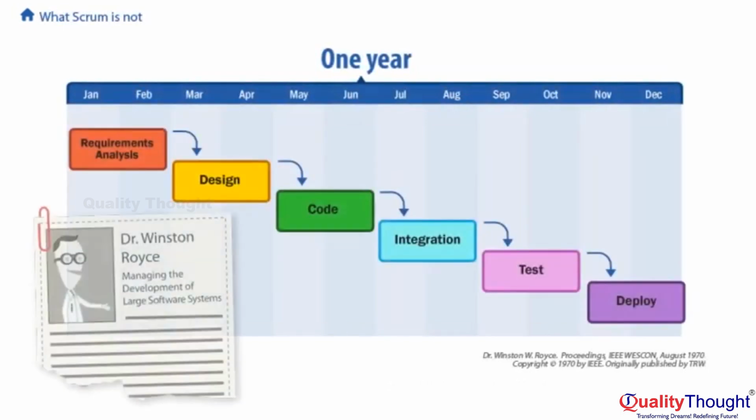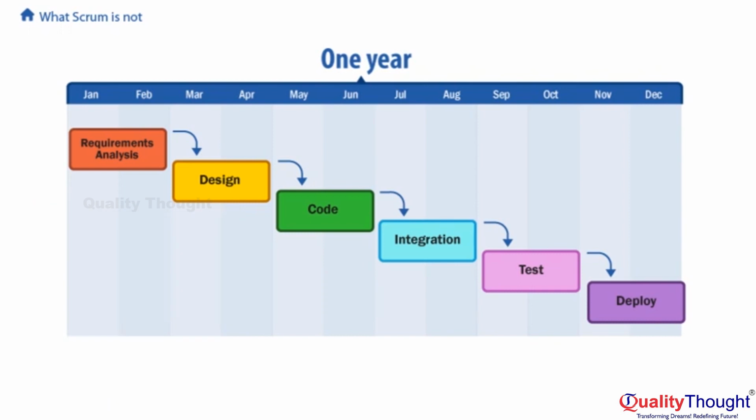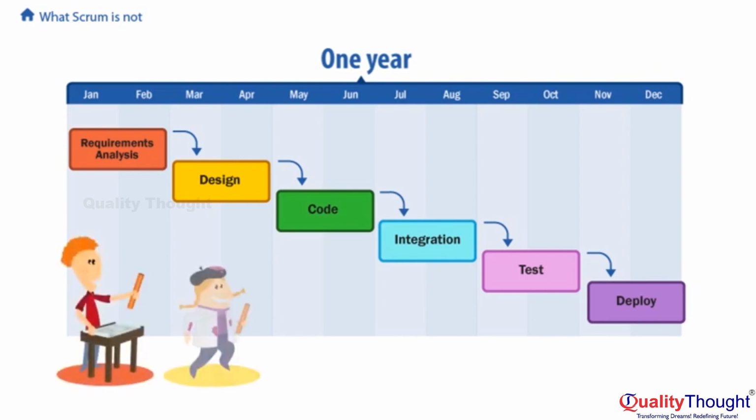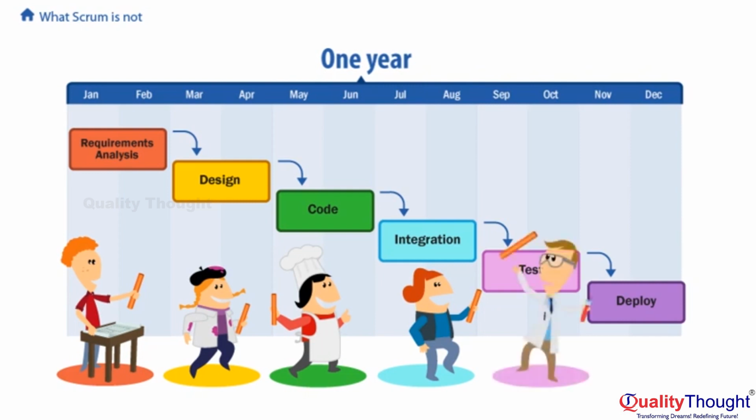The attempt to use traditional Gantt ideas for developing software was first described by Dr. Winston Royce in 1970. He drew a picture, a bit like this one, showing a series of phases. One phase connects to the next phase, connects to the next phase, and each one has a handoff. In theory, you would do all your analysis in the beginning, get that completely done, and then you'd start on your design, get that completely done, then start on your code, get that all the way done, and then integrate, etc. That was a nice theory about how things could work, and we suppose it could work if we had perfect knowledge in the beginning and never made mistakes along the way.